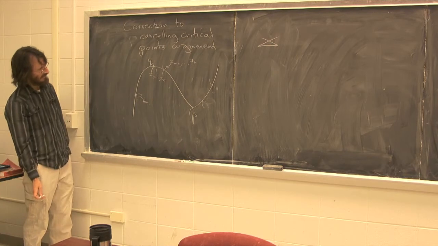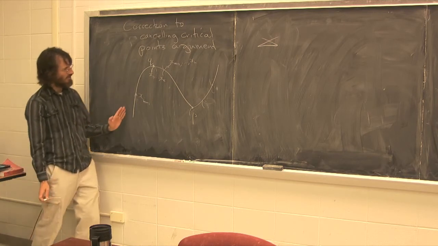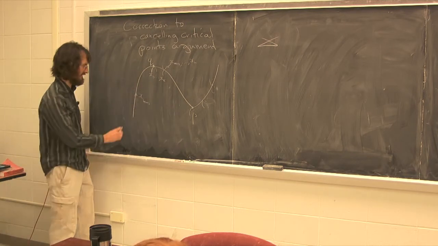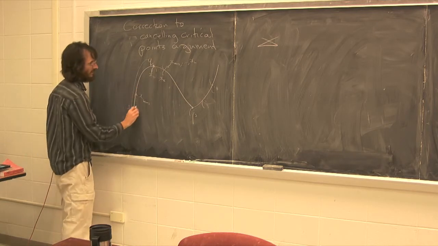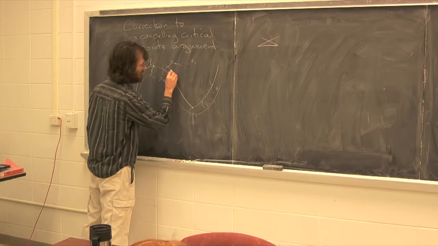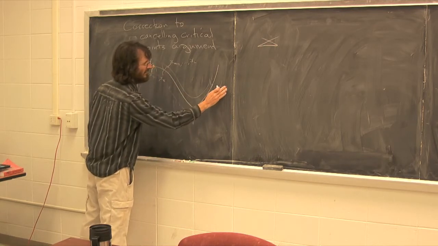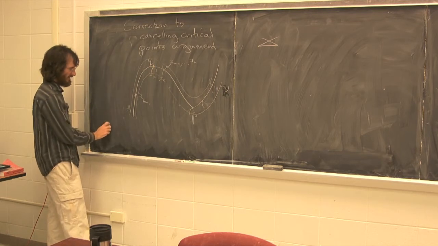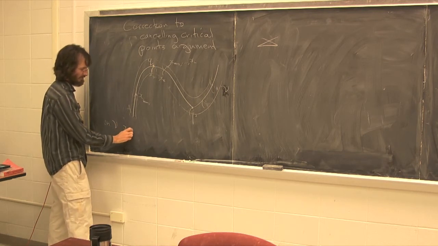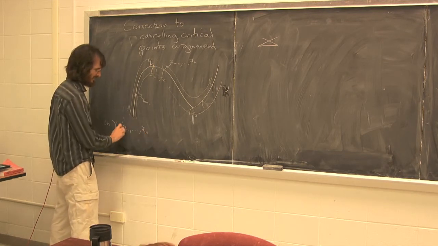And then I claim that in a tubular neighborhood of this arc, let's call this arc A, you find a neighborhood nu of A, and inside this neighborhood nu you can find coordinates x_1 up to x_n